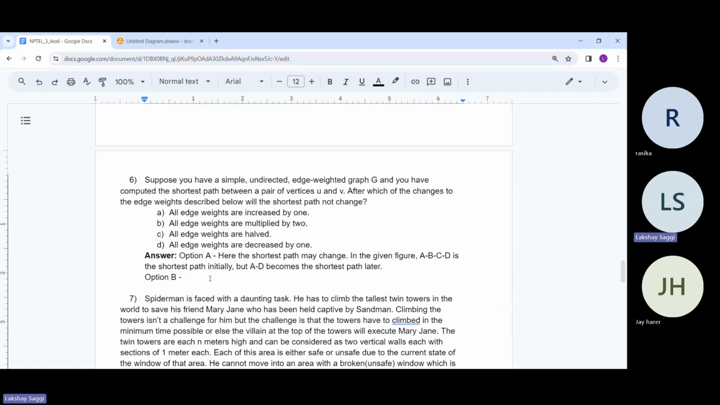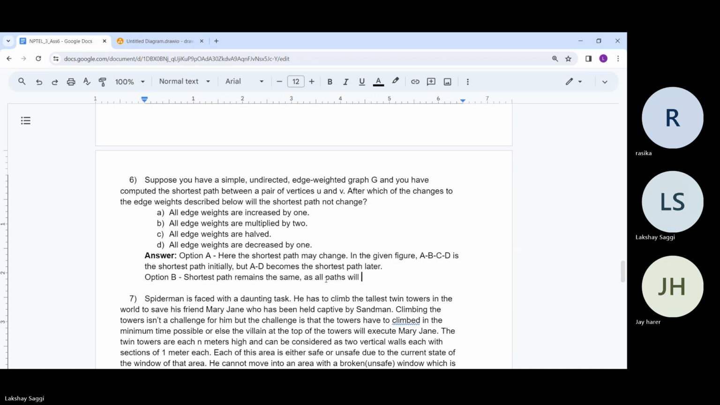And good job, Rasika. So the shortest path remains the same. And why is this the case? Because if we multiply every weight by 2, the weight of all paths will be multiplied by 2, right? So if something was minimum earlier, like if 3 was less than 5, then 6 will be less than 10 also. So that's why the shortest paths remain the same,